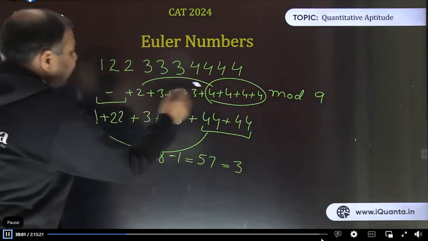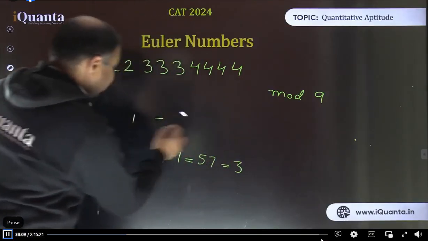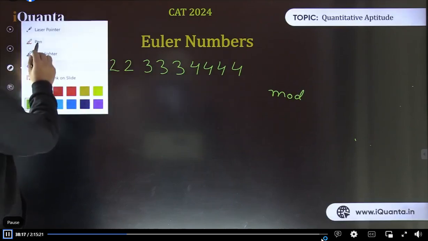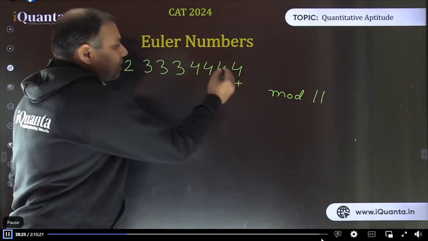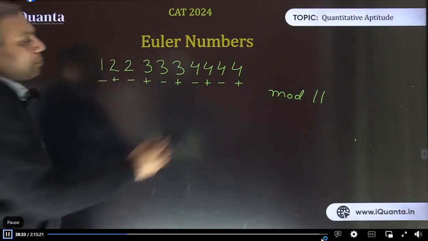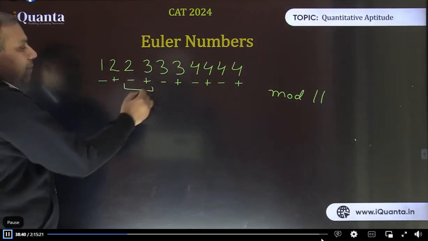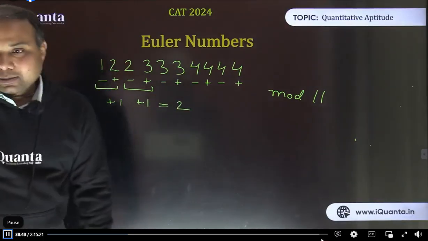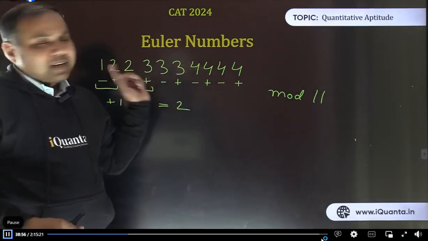I'm erasing this part now. Now I want to find out the remainder with 11. So how to find the remainder with 11? I'm discussing the various ways. One way was taking the digits alternately plus and minus. So this digit is positive, then the next one is negative, then positive, then negative, and so on. Now positive 4, negative 4 cancelled, positive 4, negative 4 cancelled, positive 3, negative 3 cancelled, this is positive 3 and this is negative 2. That makes it positive 1, right? And positive 2 minus 1 makes it again positive 1. So total it is 1 plus 1, that is 2. That's it. So in this case, the remainder comes out to be 2. So we were working with single digits, alternate plus minus.